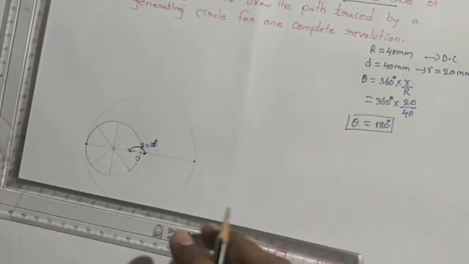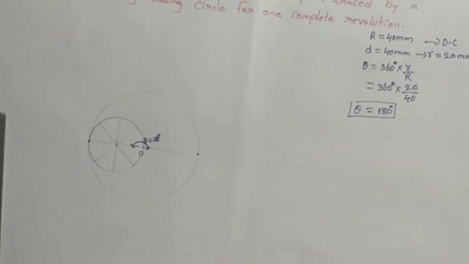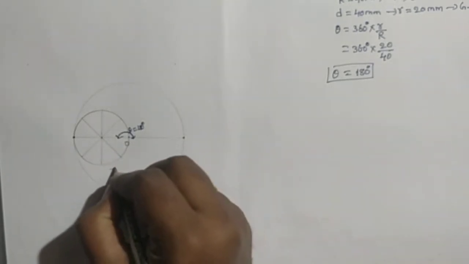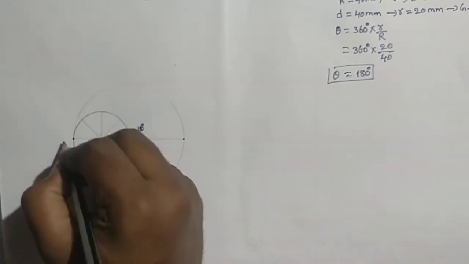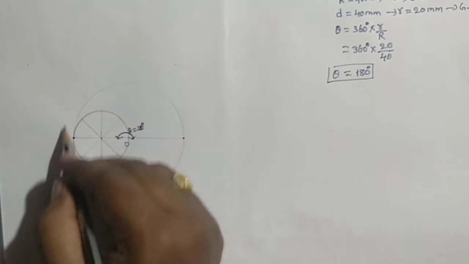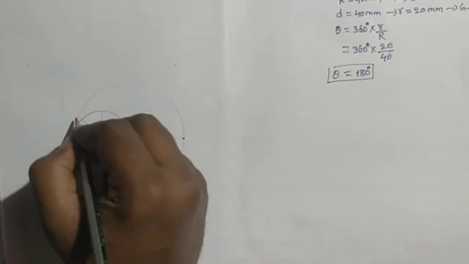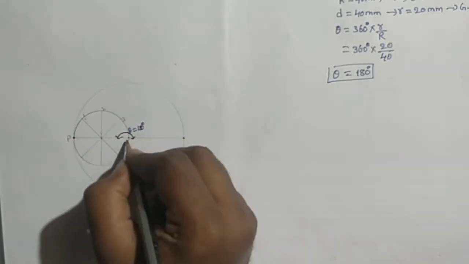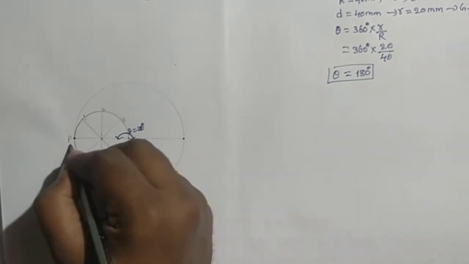Now the circle is divided into 8 equal parts. Here the circle rolls in this direction, so the direction of rotation is anti-clockwise, and we need to give the notation in clockwise. Suppose this is the contact point of the generating circle and directing circle; it is the point P, and this one is 1, 2, 3, 4, 5, 6, 7 and 8.